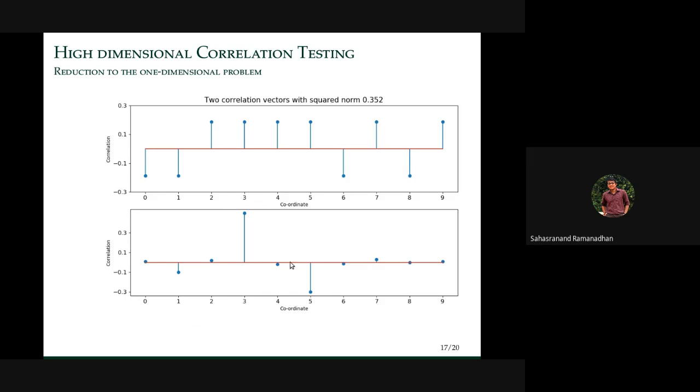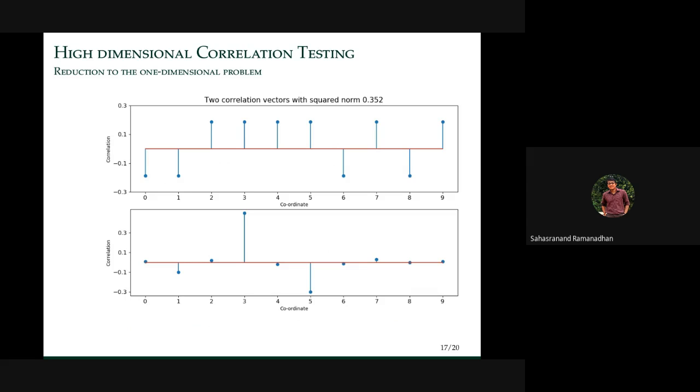But it could also be that the correlation vector looks like the figure in the bottom, where some coordinates have zero correlation with y, some have very low correlation, some have very high correlation. So you do not know which coordinates have what correlation. So you can't pick the first coordinate and do the test that we just described. That doesn't work. So what comes to our rescue here is a random rotation. What we do is we apply a random rotation to the observations x, which is tantamount to applying a random rotation to the correlation vector.